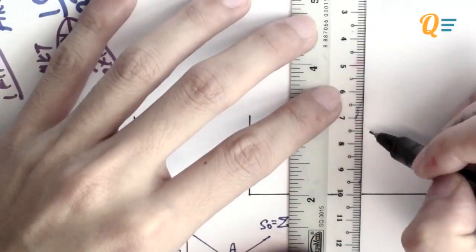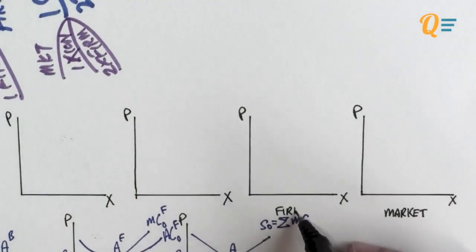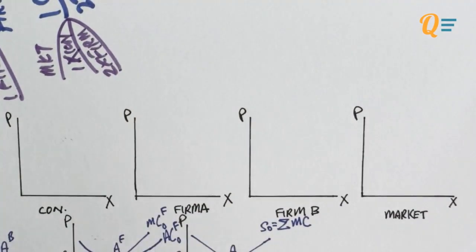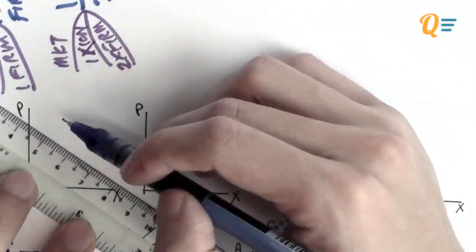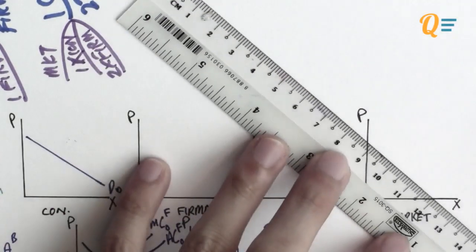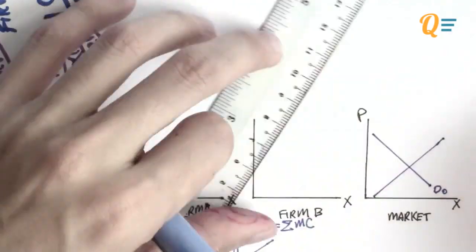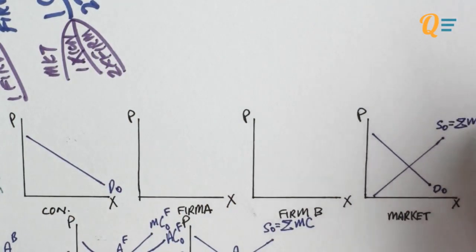Okay, so I'm just going to go very quickly. Basically, you need graphs for your market, your 2 firms, as well as 1 consumer. Well, actually, you don't really need the consumer graph, right? Because your market demand curve is really the demand curve for that particular bunch of consumers. But for the sake of formalities, let's just draw the consumer graph in.